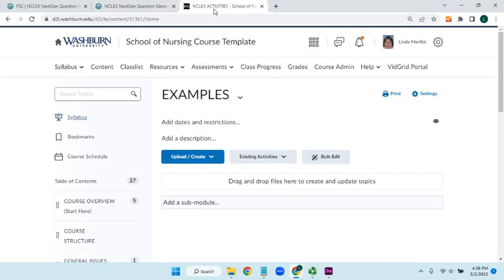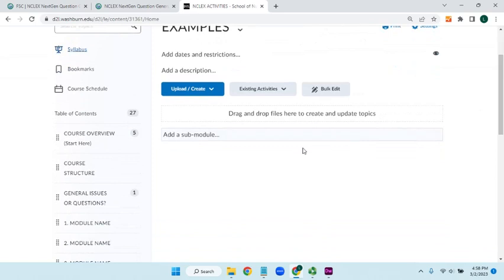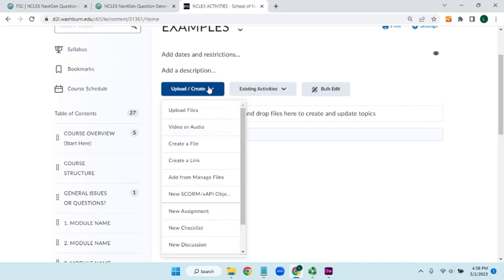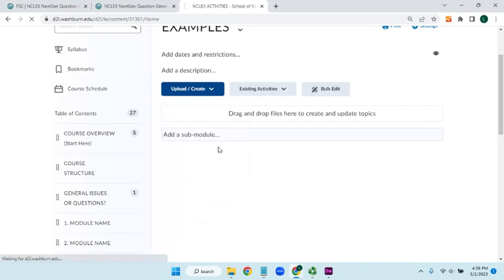So then we can come over here to D2L, and we should have it already set up a place where we want to put it. Now, D2L, you can't actually include these in a quiz. You're going to have to rethink that and use them as learning activities within the course content itself, because you have to put them on create a file. Under upload, create a file,